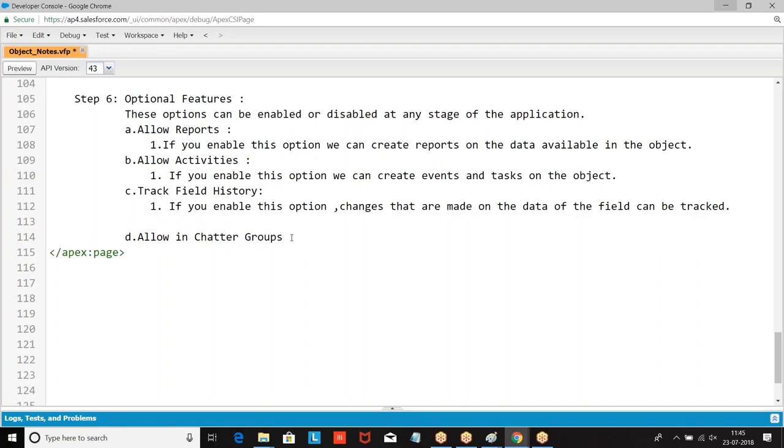Then we had allow in charter groups. If you enable this option, we can use this object in the charter.